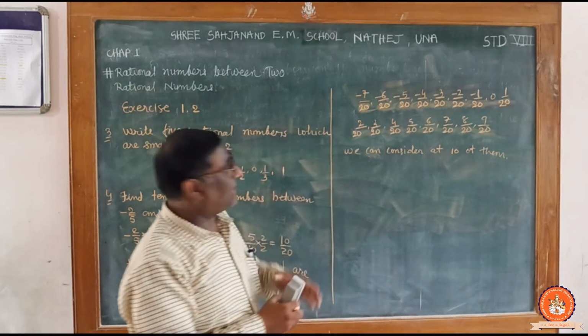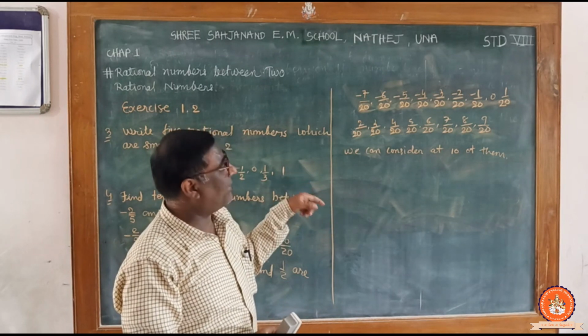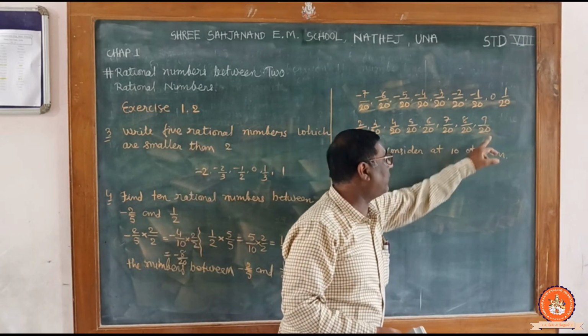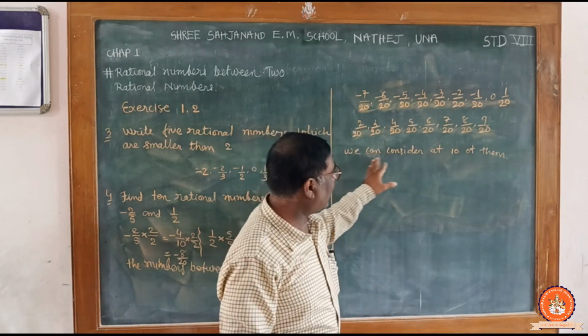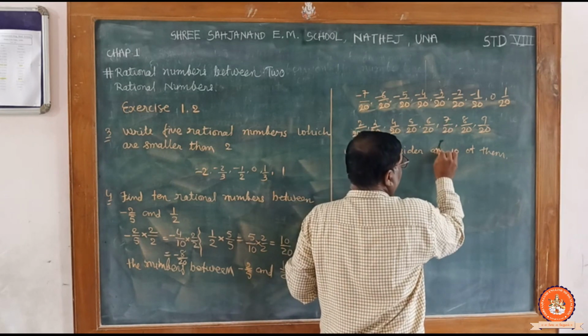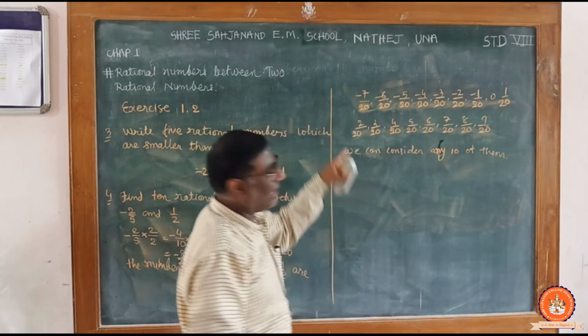Okay, so minus 7 by 20, minus 6 by 20, minus 5 by 20, up to 9 by 20. So we can consider any 10 of them. Okay,